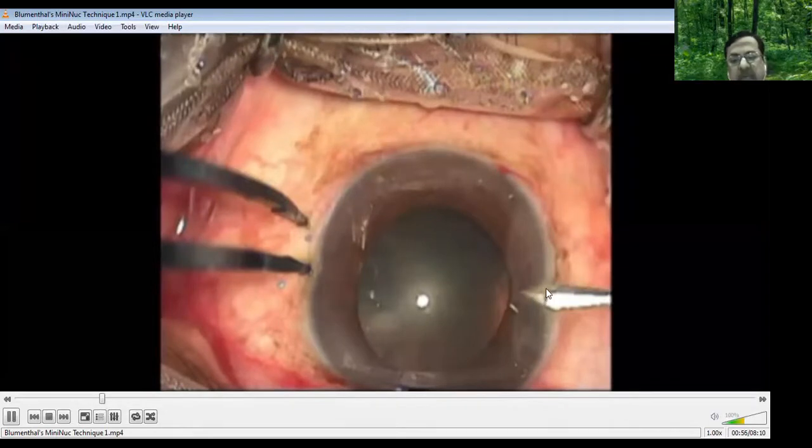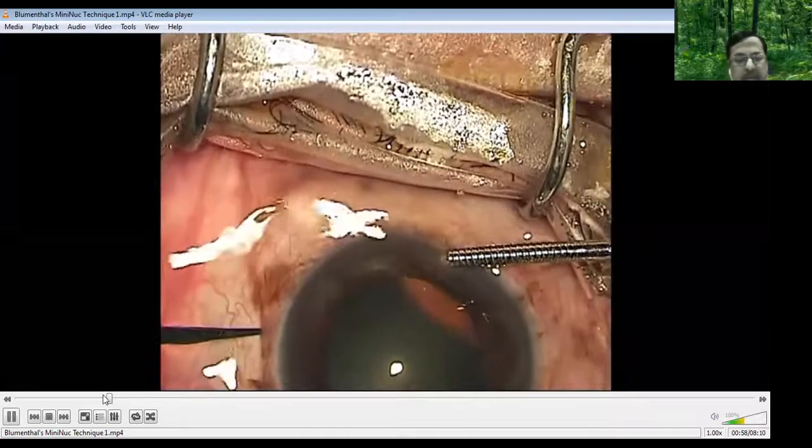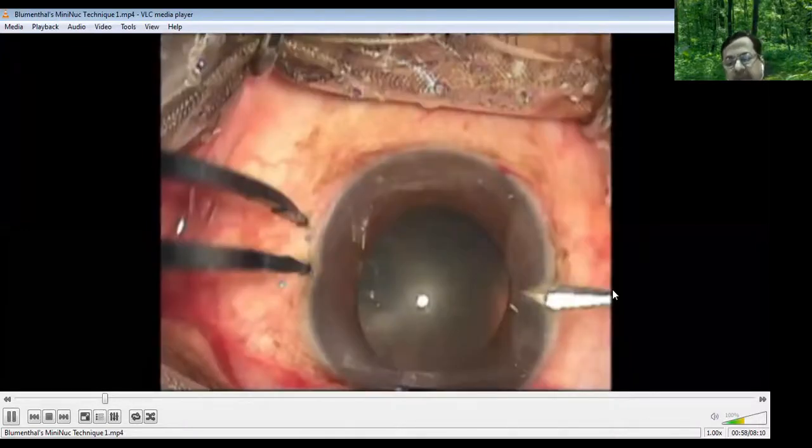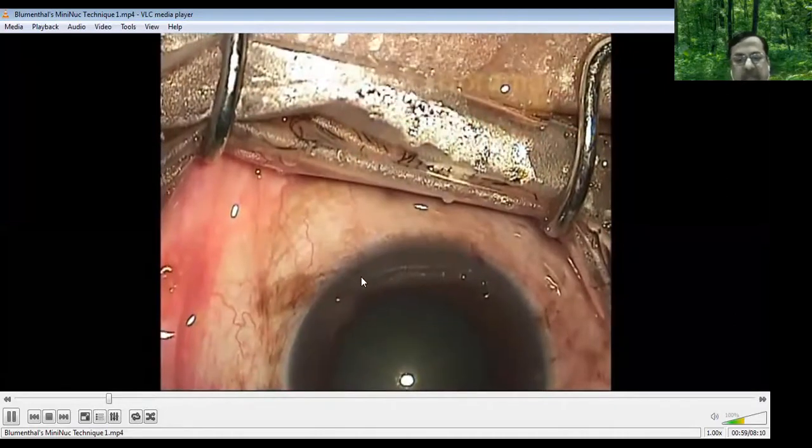At the same time, I am making one more entry here. This is a very small entry. This is also an MVR blade side port, but you can see that I don't make the full entry. I make a very small entry and again come back. I'll tell you the reason why it is done like that.